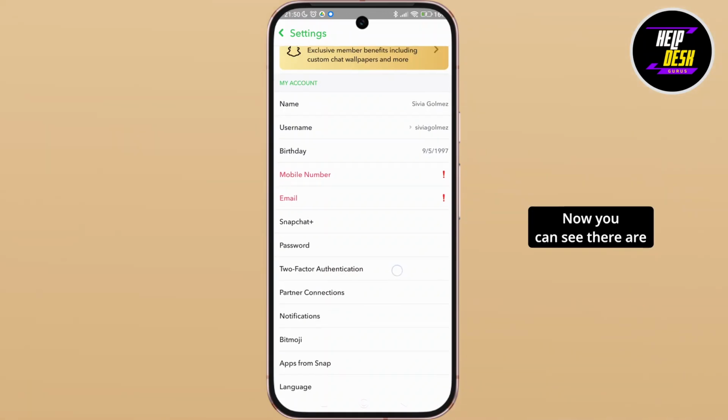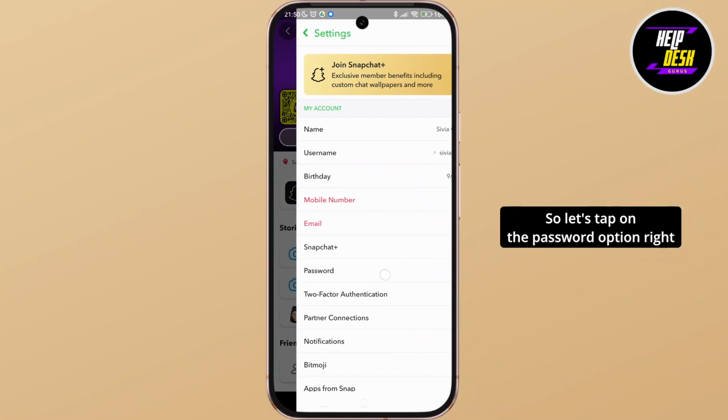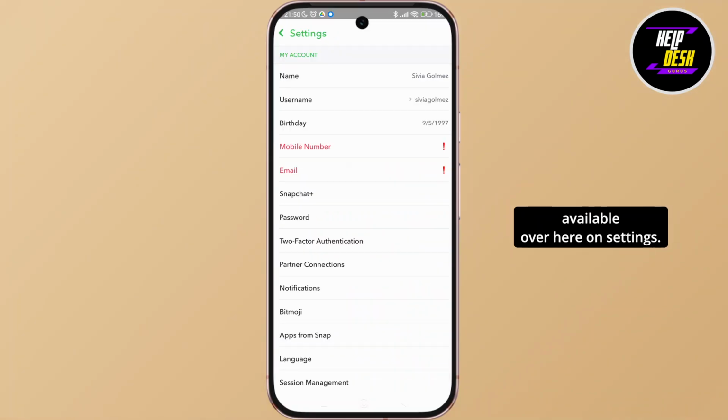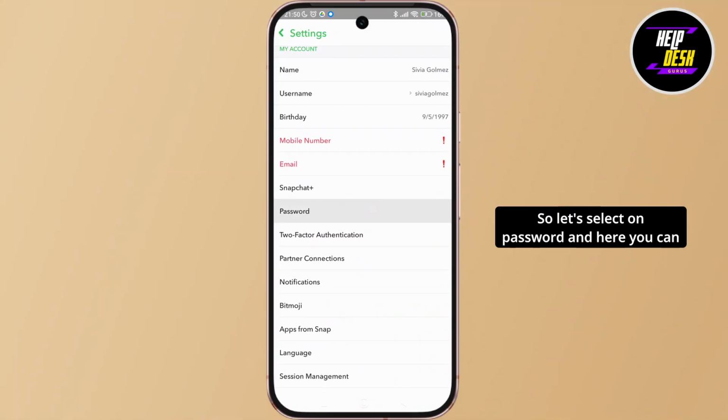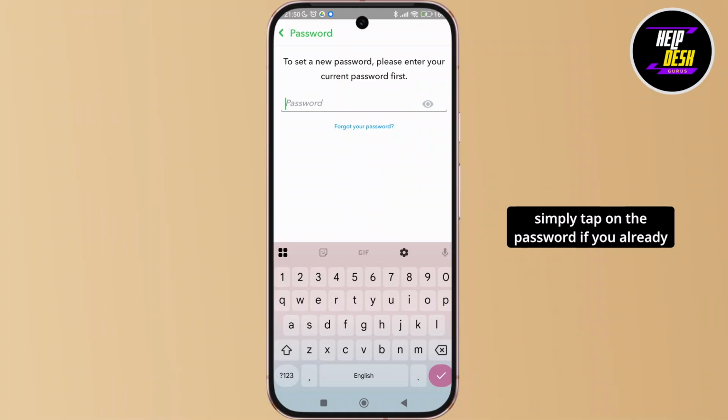Now you can see there are different options over here. So let's tap on the password option available over here in settings. So let's select password, and here you can simply tap on the password if you already know it, but if